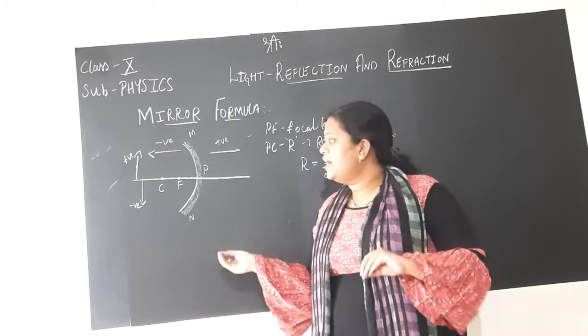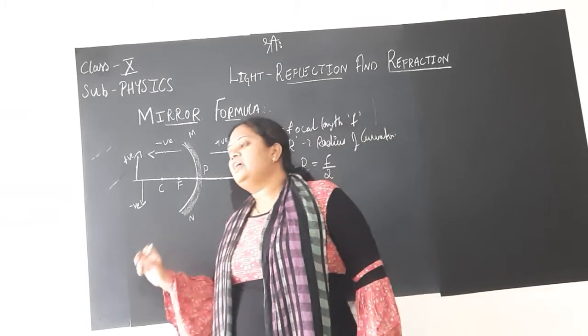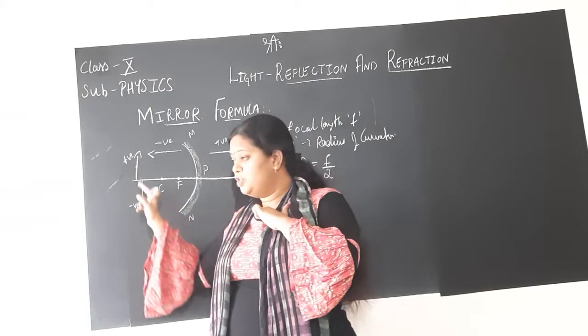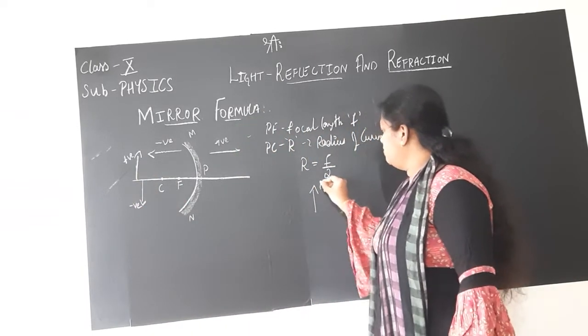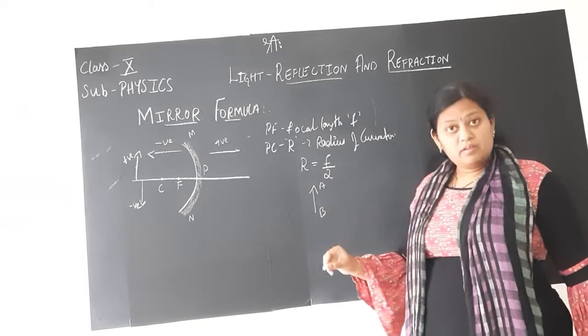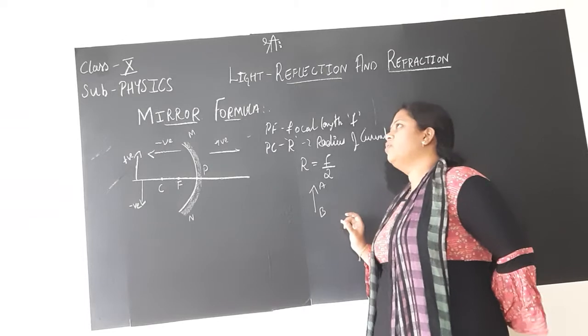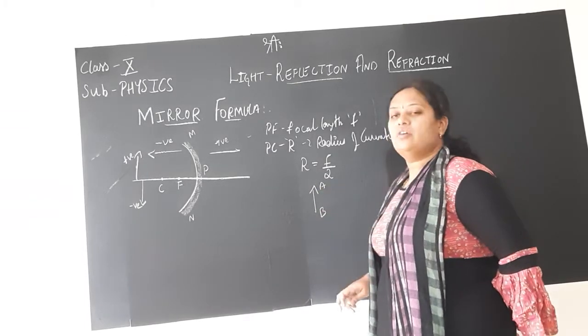Now we shall add two more points to this. Now you have studied in the ray diagram about the object. I taught you the object is represented as AB always. I cannot label it as MN. Just take it as AB only, to avoid confusion. So height AB is the object.